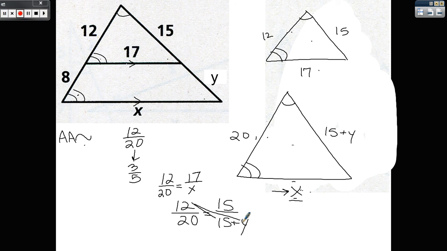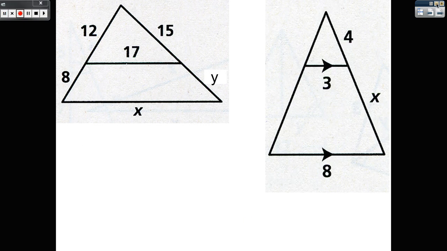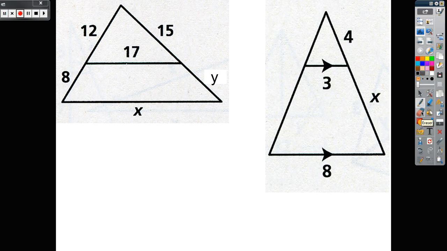It's going to reinforce, whenever you have a proportion or similar triangles that are overlapping like these two were, I want you to draw them separate of each other. It's really going to help you out. Okay? All right, now for the last one, taking a look at this last practice problem right here,